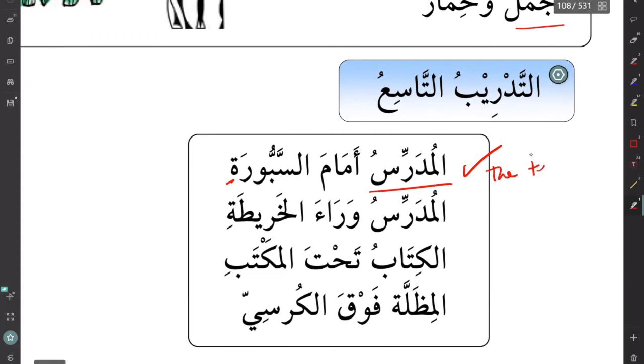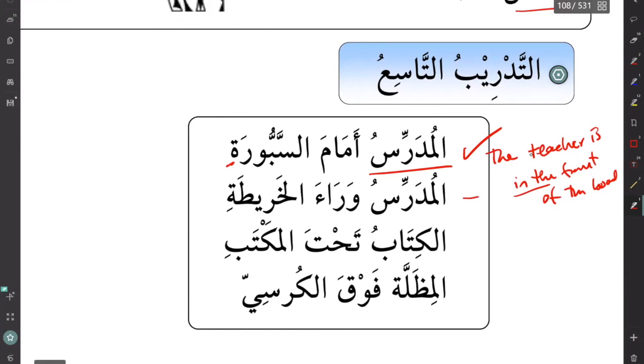The teacher is in the front, subhanallah, of the board. Oh my goodness, I don't know if I'm translating it wrong. It looks like a lot is going on. But yes, sometimes in Arabic language it could be very concise. And translation usually takes a lot more words. So that's basically what it's saying. The teacher is in front of the board.